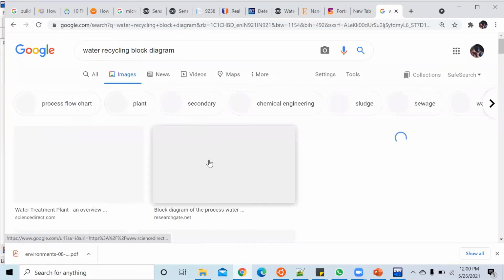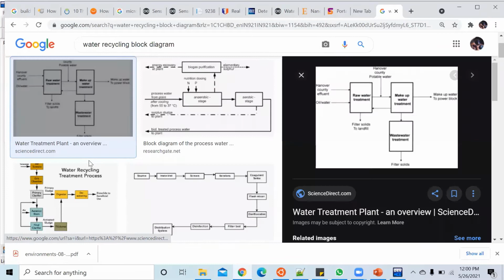You understood, right, what we are trying to do by writing the functions? Yes, sir. Okay. So this is a water treatment plant, where raw water comes into the